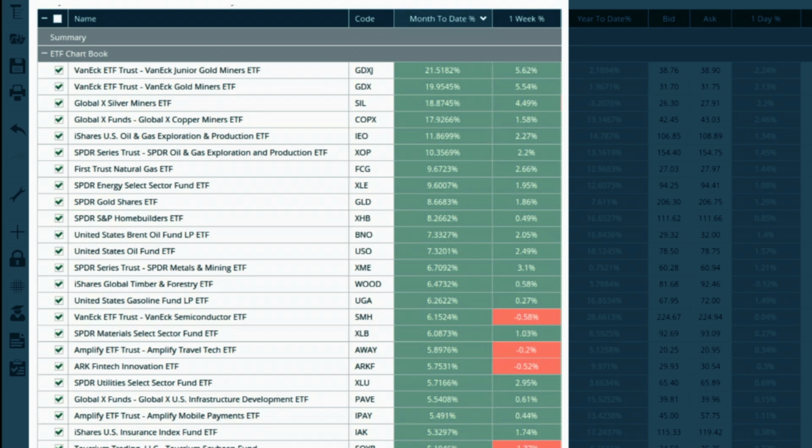And we can see, obviously, the gold miners have been absolutely massive. The silver miners, massive outperformance over the course of the last month. We can see the oil, the energy markets, the home builders, metals and mining. And what you'll notice here is the names that I'm mentioning, as we go down the performance list,